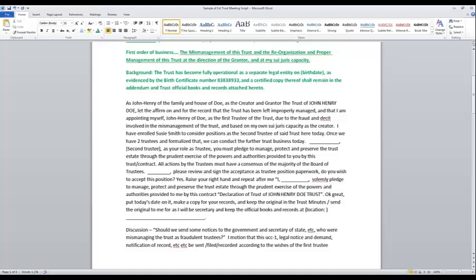So as John Henry of the family of the House of Doe and the creator and grantor of the trust, John Henry Doe, let us affirm on and for the record that the trust has been left properly unmanaged, and that I am appointing myself, John Henry of Doe, of the family Doe, as the first trustee of the trust. Due to the fraud and deceit involved in the mismanagement of the trust, and based upon my own sui juris capacity as the creator, I have enrolled, well, this is where we change that, I have enrolled Mark Dennis